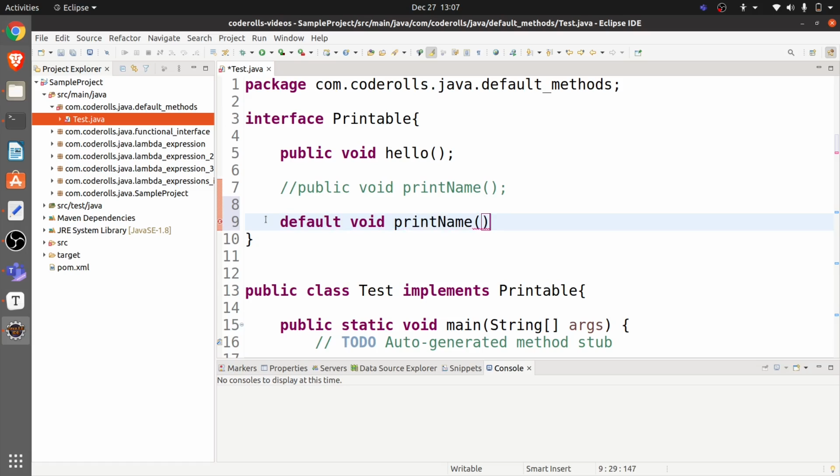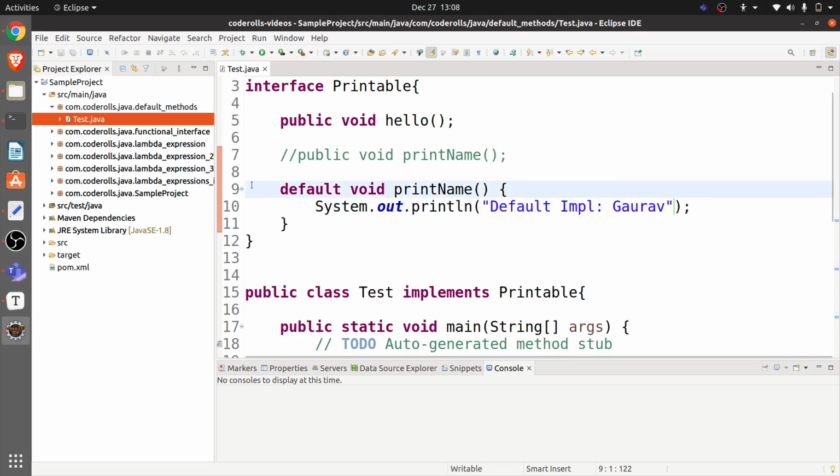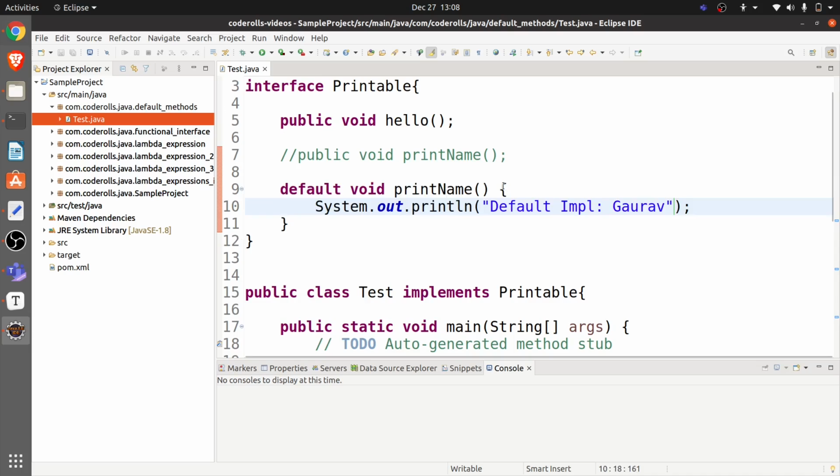Okay, and we can provide the definition here. I will simply add one sysout statement. Okay, so I have written one default method here, and you can see I have provided the definition too.